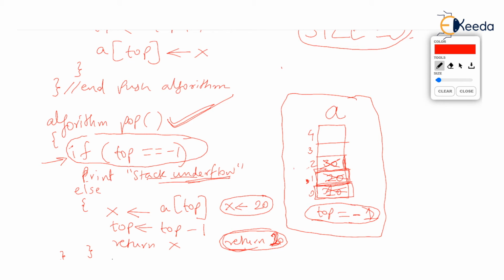Now, what's so funny about this algorithm pop is, just don't blame me, okay? But I am disclosing what blunder I have done. I am disclosing it in this video. Isn't it funny that this pop function, if it finds underflow, doesn't return any value, but if it doesn't find an underflow, then it is returning an answer. This is bad, because in our C function, we will write the pop function as follows. That pop function is returning an int.